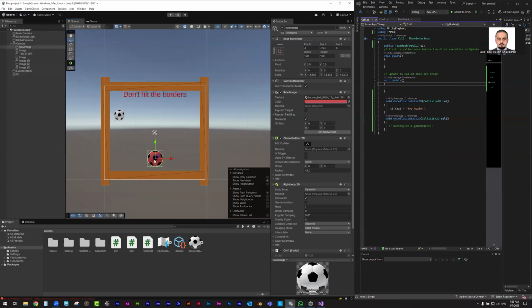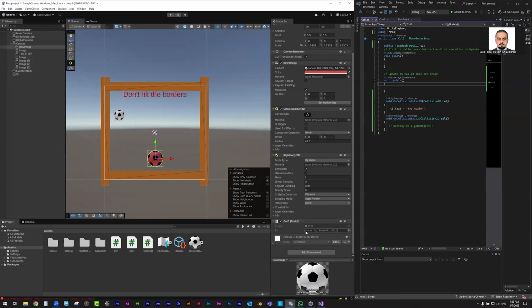I have the poll here because I'm now working with the call1 text. So I need to attach the text to it here. And by the way, if the text is not inside the canvas, you will not be able to attach it. If you accidentally create a text outside the canvas, delete that text and select the canvas,